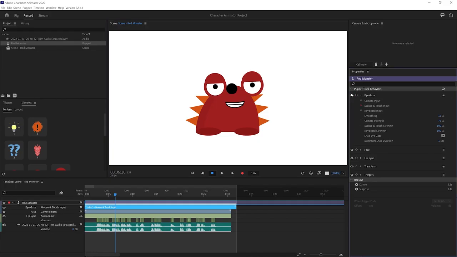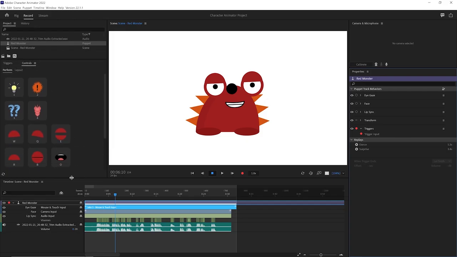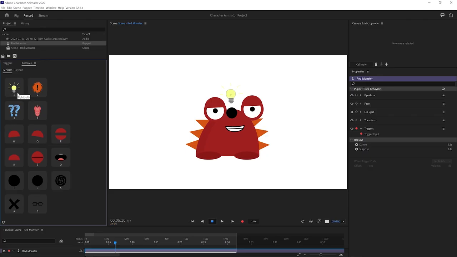And now we're going to record some of the triggers, which are special animation setup. Now we'll close that. Oops, sorry. Close the eye gaze. Let's open up the triggers, and we'll turn on the red dot. And so if you go over here, you'll see all these triggers, and you can click on them and they'll do this little short animation, or you can press the keys. So 1 does that, 2, 3, 4,